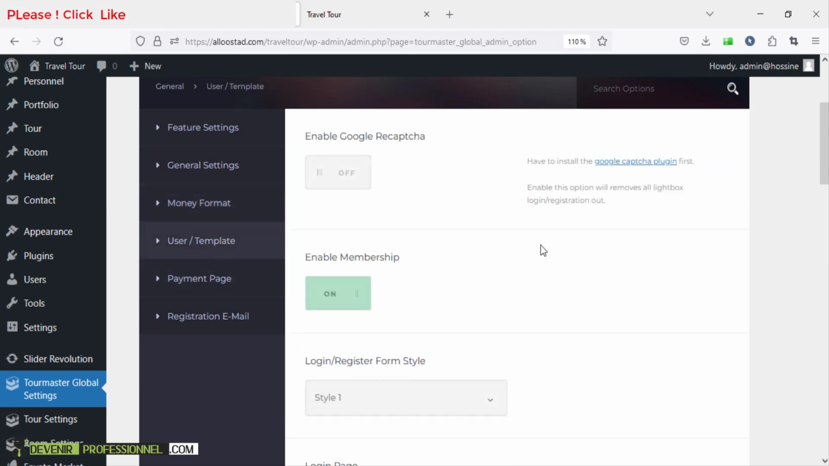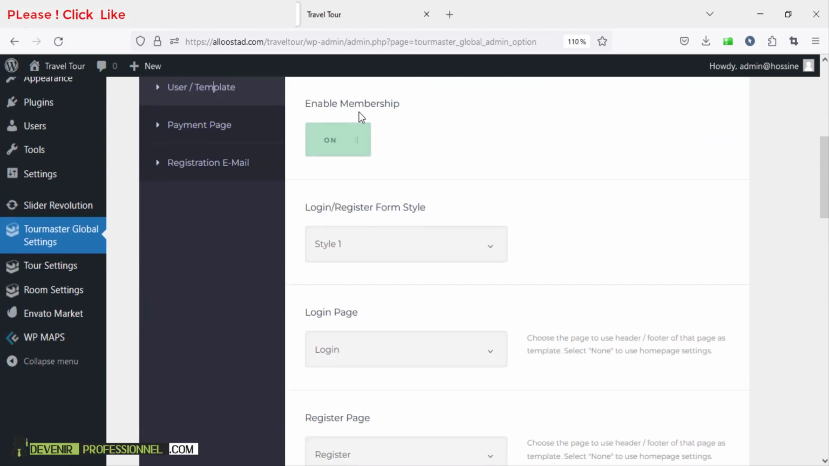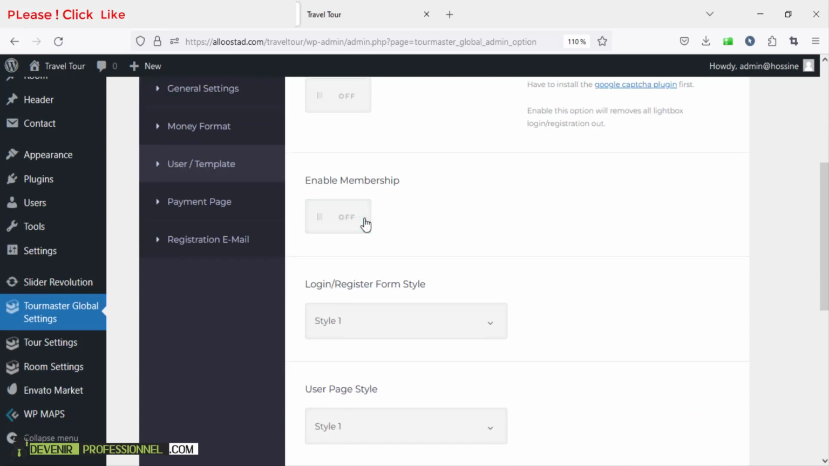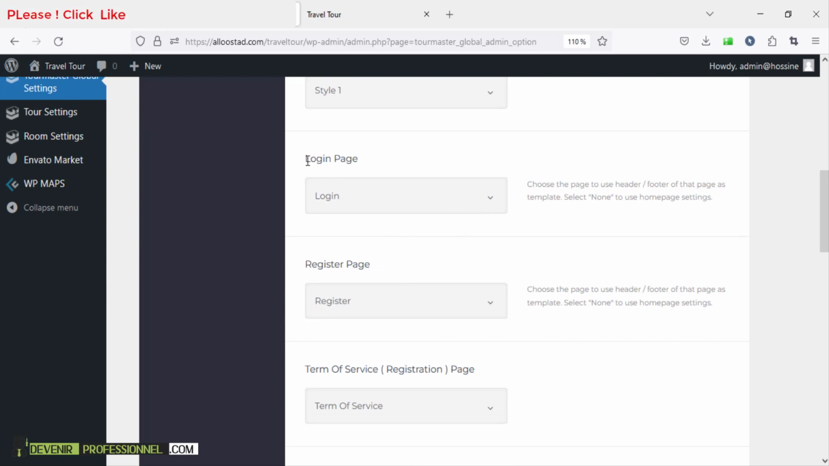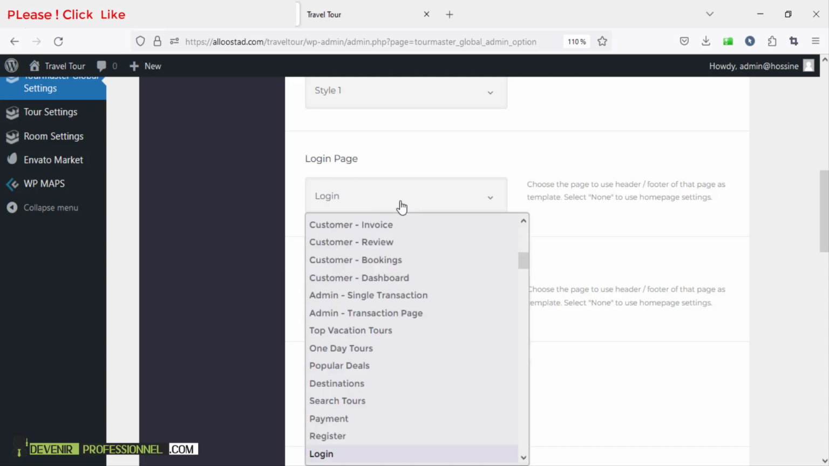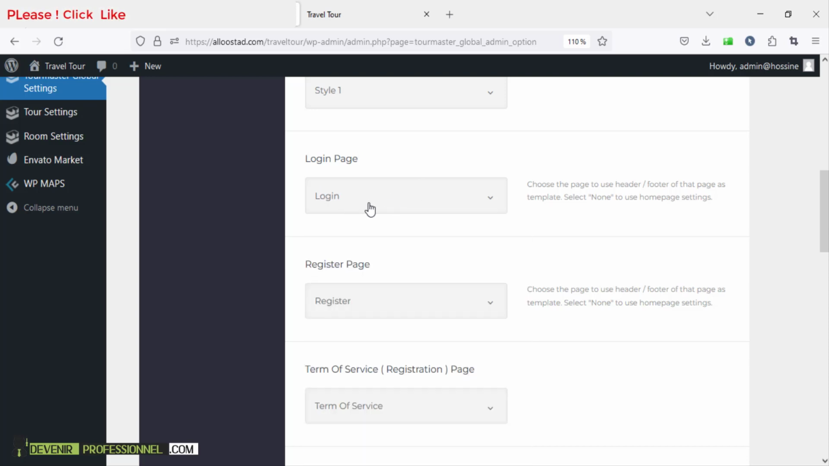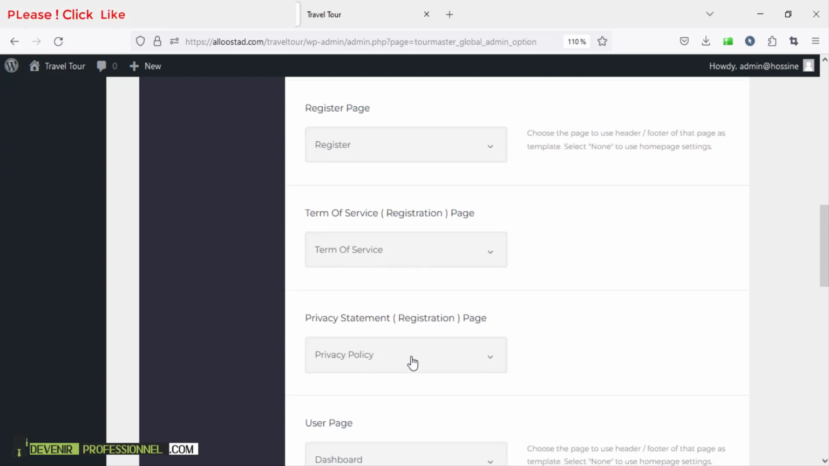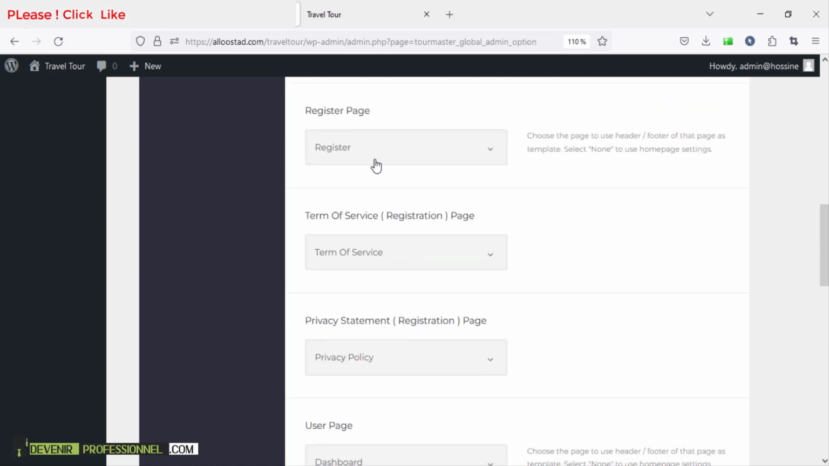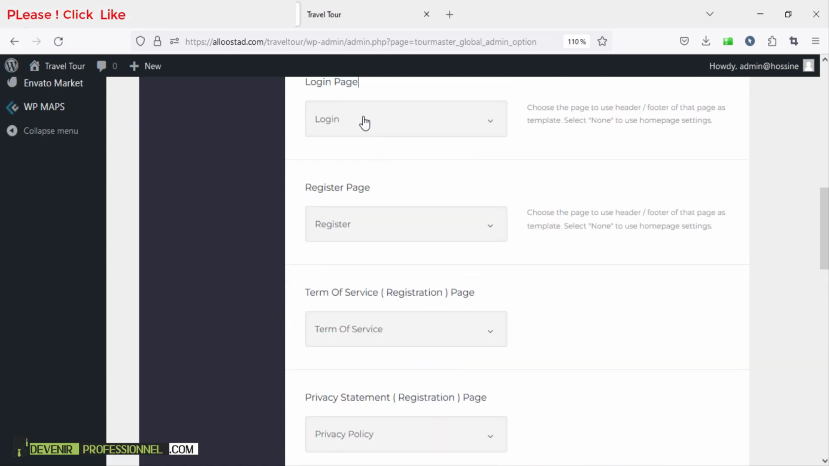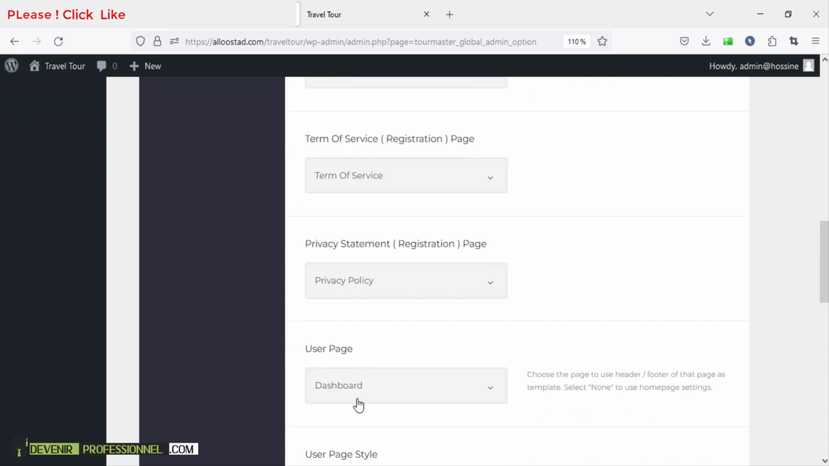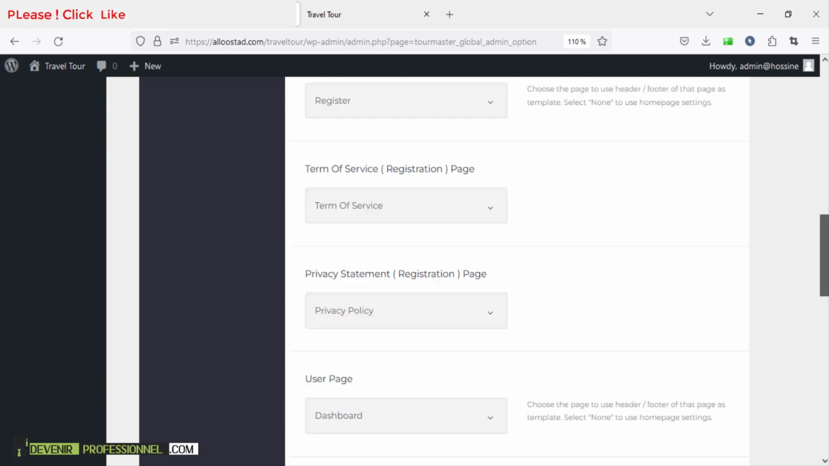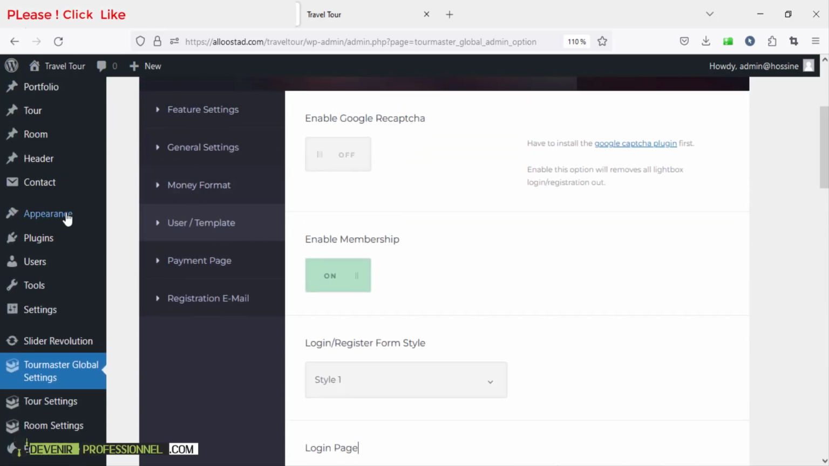Now for the user template. From here you can enable the membership or disable it. If you enable it, the customer will be able to create an account from your website. But you need to assign the pages here. Here we have login, register, terms of service, privacy policy, and dashboard. For example, you have login, register, and dashboard. They are empty pages. So if you don't have those pages on your demo pages,